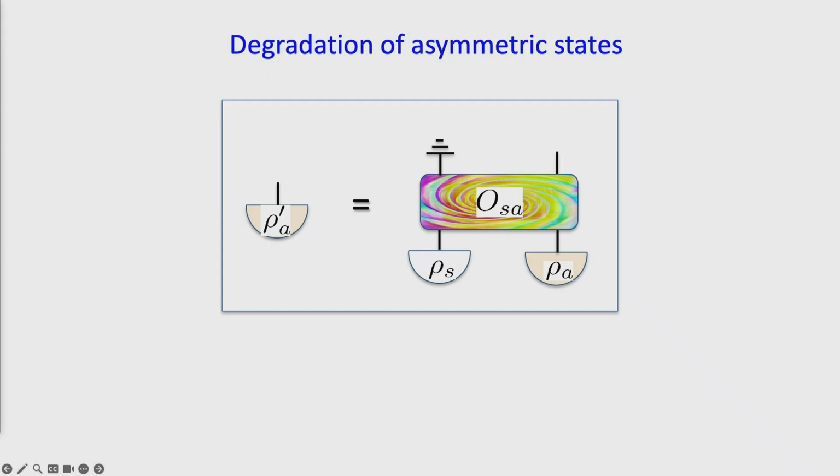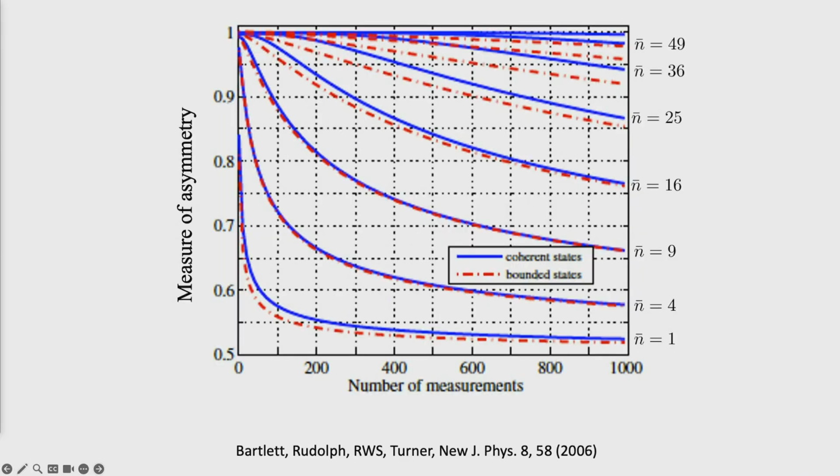Every time I do that, you can prove that I degrade this reference frame a little bit. I make it less asymmetric by virtue of that interaction. This is for the case of continuous groups. And so you can't really use a reference frame for some pragmatic purposes unless you let it suffer some degradation. So rho A prime, which is the final state of A when you trace out the system, is generally a little bit less asymmetric than rho A is. And that's something that comes out of just working out how this resource theory works. And there's a number of papers that study, for example, how quickly that degradation occurs as you increase the number of measurements you use this state for. This is an example from quantum optics.